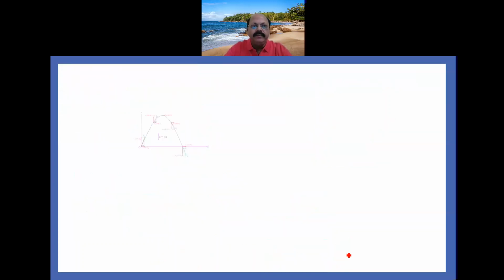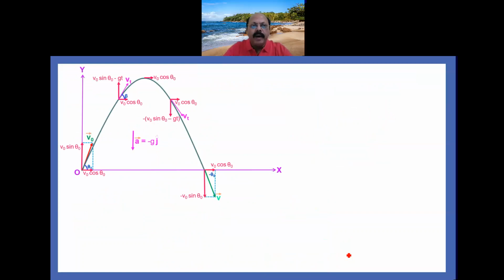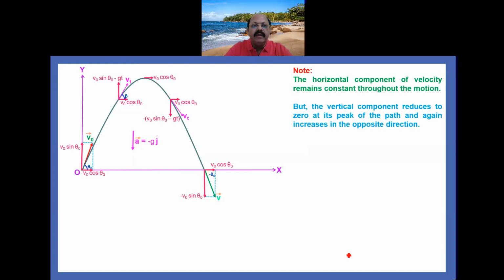Now we find out the path of the projectile. So you understand at different points, the horizontal component of velocity remains constant, but the vertical component of velocity reduces as the projectile is projected upward and increases as it comes down. You can see here in the diagram,